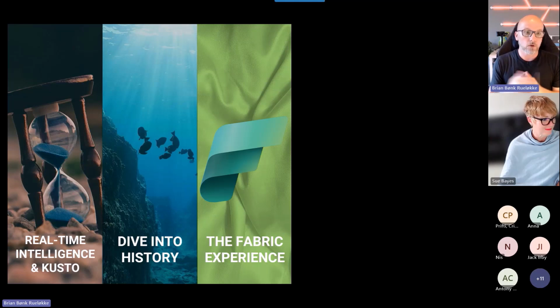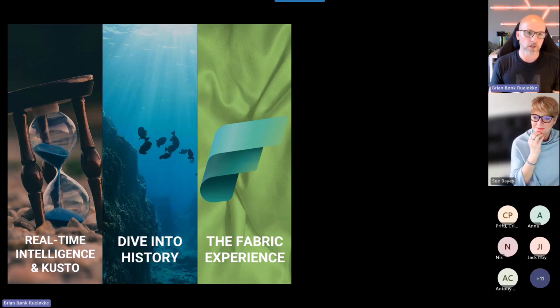I will show you the Fabric experience. What is real-time intelligence inside Fabric? You can also buy this service outside of Fabric. Then it's just called Azure Data Explorer. And you can't buy it as a capacity outside of Fabric. You need to buy it as predefined virtual machines, and at least 2 of them. So you could imagine the cost there would be a bit more than in Fabric.